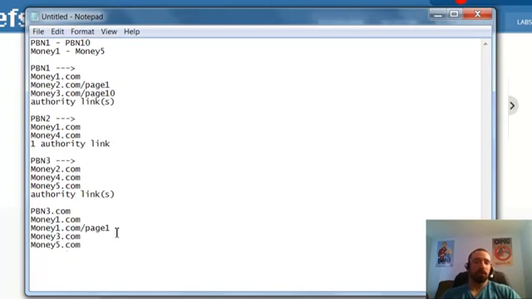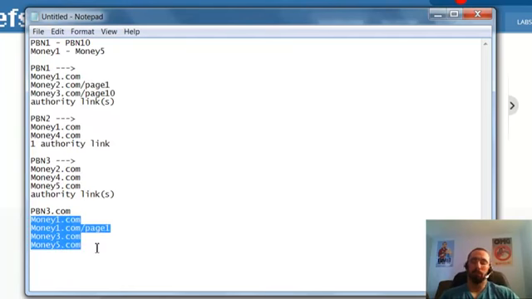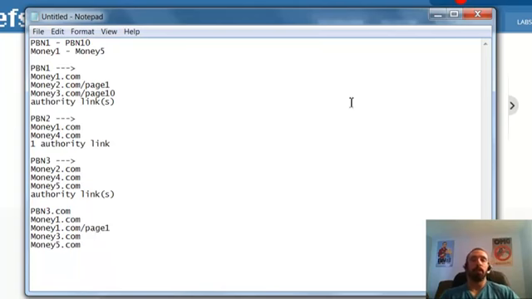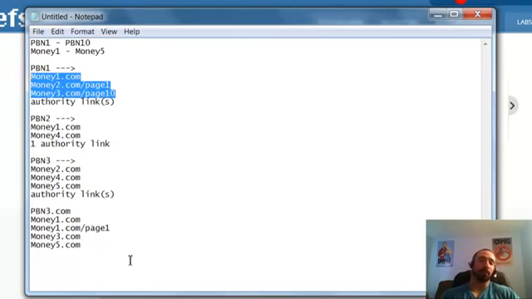Now, I know I said don't go over 3 links usually, but that's usually when it's 3 links to the same money site. If you're using 3 different money sites, it's okay to have more than 3 links. Usually I don't go past the 4 or 5 range, and that's very rare, because I have such a big PBN, but you can do that. The point is, don't keep linking to the same combination over and over again. I wouldn't want to keep linking to money one, money two, money three, repeatedly. You don't want to keep doing the same combinations over and over.